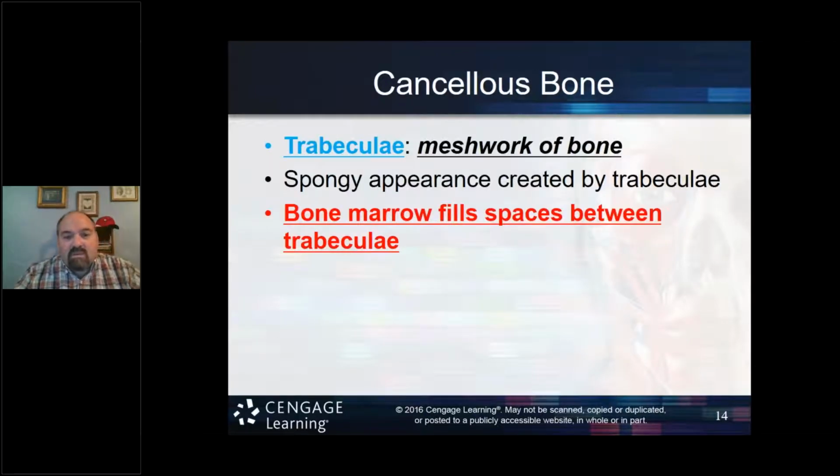So the trabecular bone is a meshwork of bone. Think of a lattice, a lattice of bone. We know what a lattice looks like, and that's the appearance I'm thinking of. And the bone marrow will fill the spaces between the trabeculae. And know that the bone marrow resides in that inner space of the long bone, which would be called